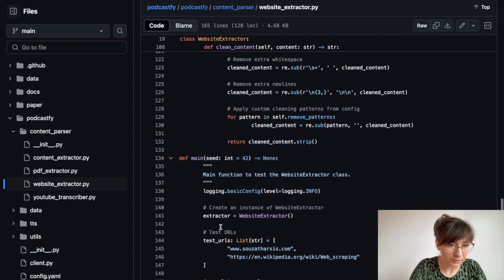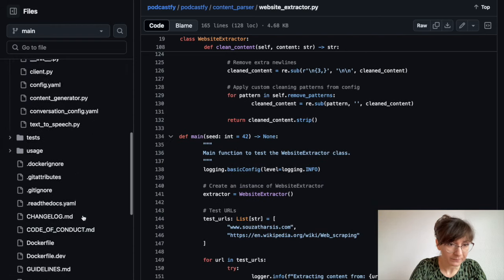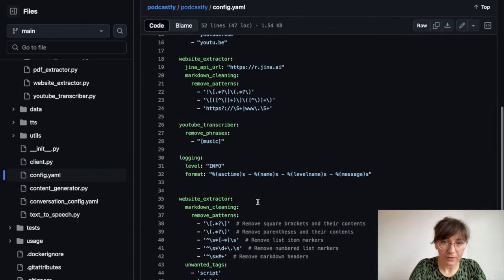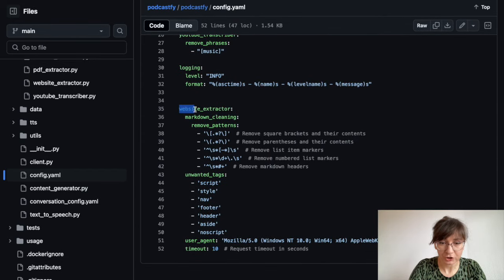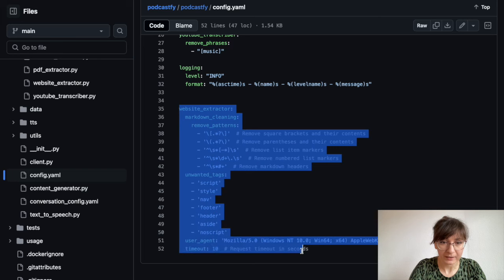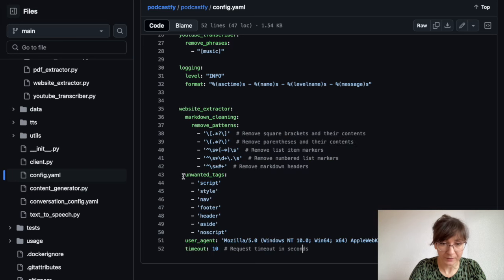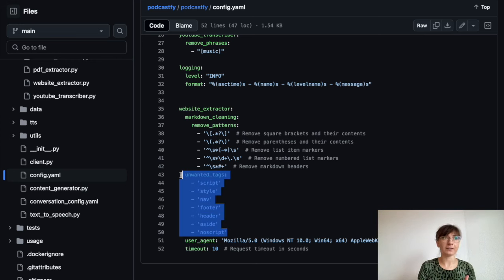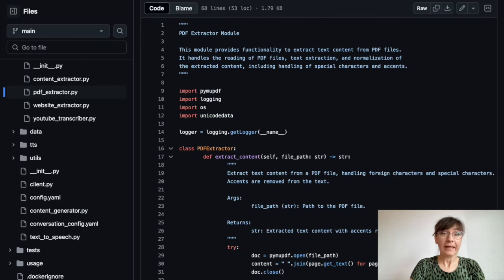It will clean up all unnecessary parts of the web page. I think it's easier to see probably over here. So there is a part which shows that we are ignoring the script, style, navigation, footer, header, all those tags. So whenever, for example, I'm asking it to create content based on a Wikipedia page,